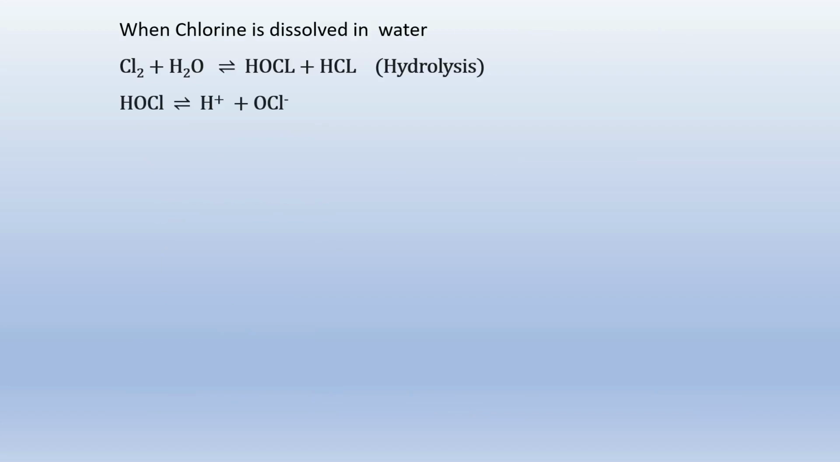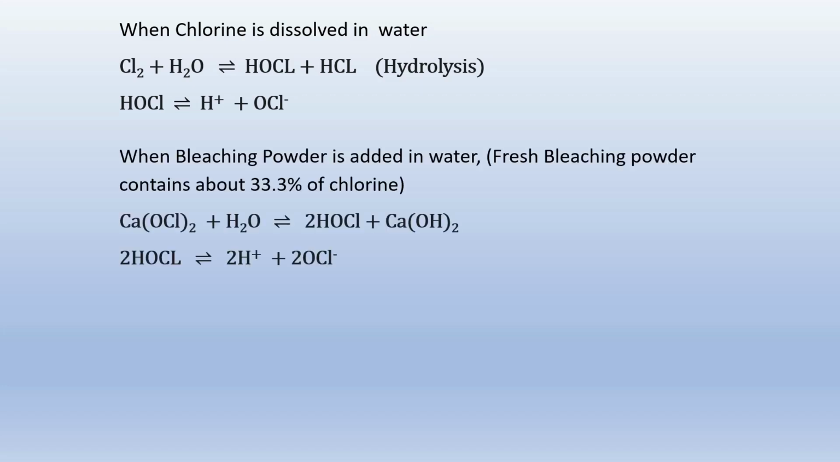When chlorine is dissolved in water, hypochlorous acid is formed and remains in equilibrium with the hypochlorite ions, and these hypochlorous acid HOCl and hypochlorite ions will remain in equilibrium as per the pH. Also, when bleaching powder is added in water, the fresh bleaching powder contains about 33.3% of chlorine. It dissociates into hypochlorous acid and calcium hydroxide, which will impart permanent hardness to the water. The hypochlorous acid will also, in the case of bleaching powder, remain in equilibrium with the hypochlorite ions as per